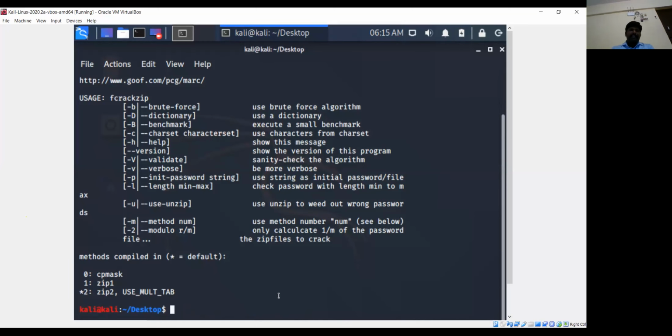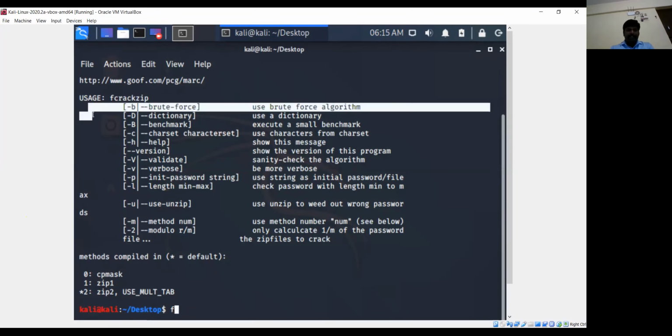Now, this is the command fcrackzip. I'll repeat: fcrackzip -h for the help command.